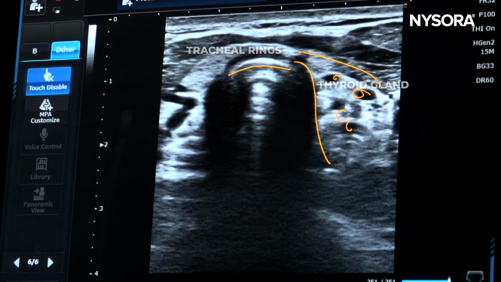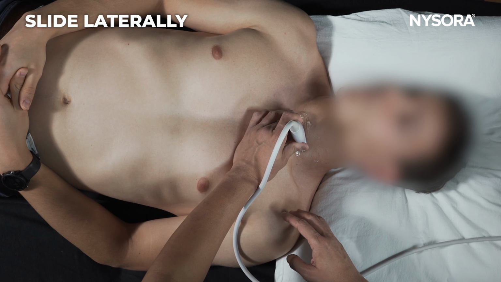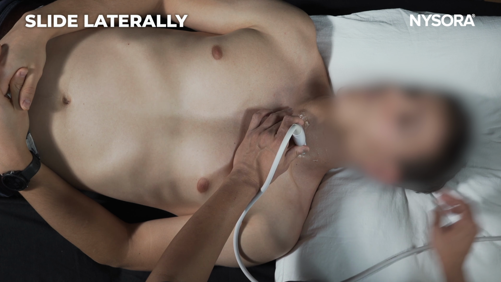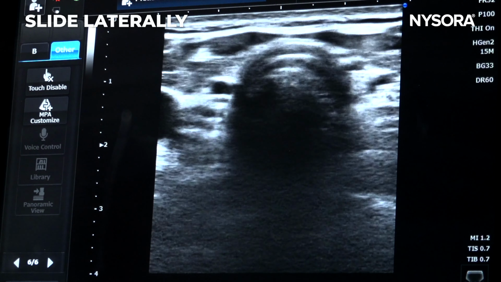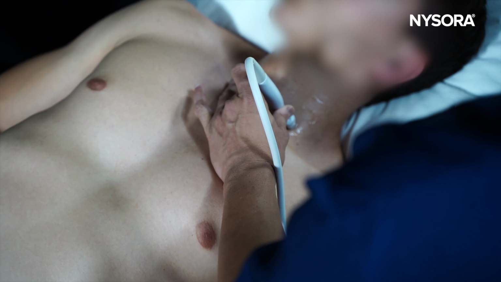Once you have seen this image, then you will basically be moving your ultrasound laterally, and when you do, you will be able to see the vascular structures of the carotid artery and the internal jugular vein. So midline scanning is always useful. Another advantage of midline scanning is you will be able to see a bony landmark